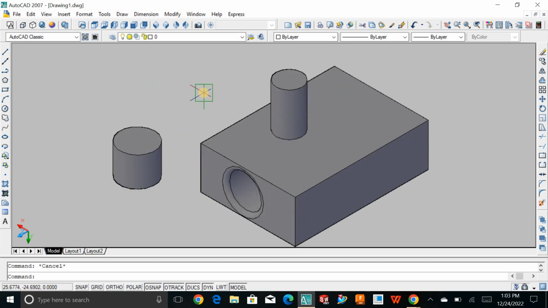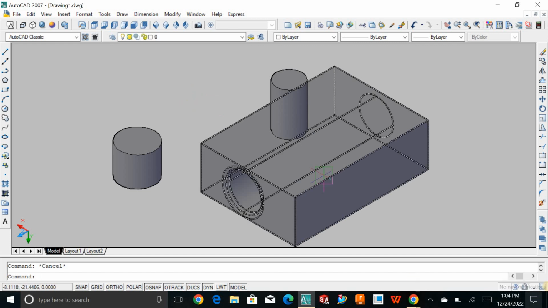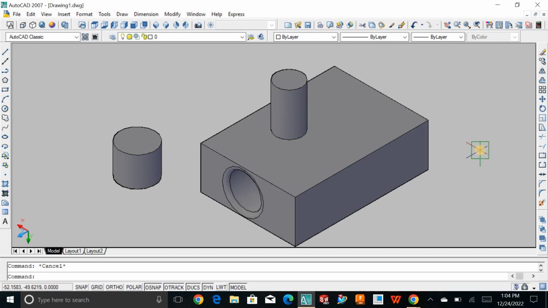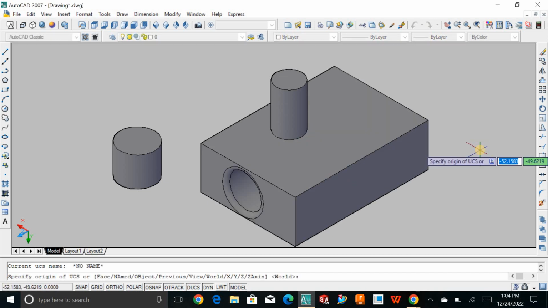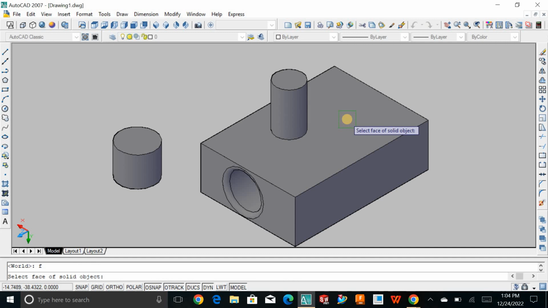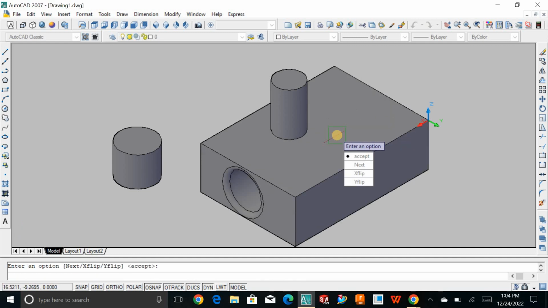So hope you got the point. 3D is nothing. This is really important, just to know how you can set the UCS. Again, if I want to set my UCS along this face, for that I will enter UCS, enter, F, enter, and choose this face and hit enter. See, my UCS got aligned with this